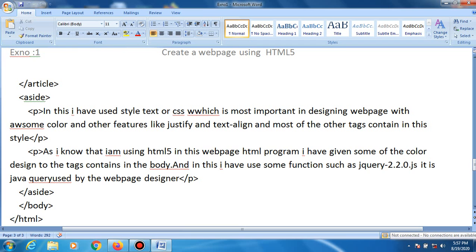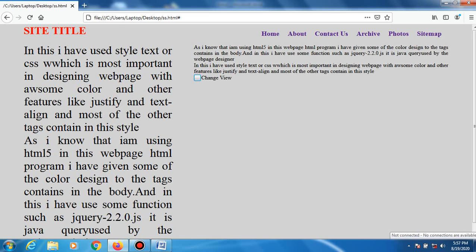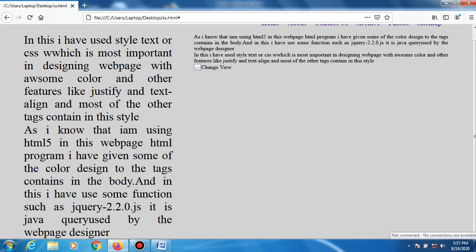So here it says I have a style, CSS, which is an important design. It starts from one paragraph, /P, and it has a second paragraph, P to /P. So you can see this first paragraph in this style will end, and the second paragraph, as I know, starts and will end as I am using it as a web page designer. So this also is two paragraphs.